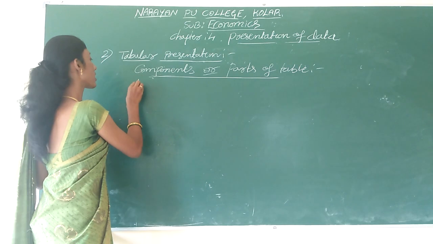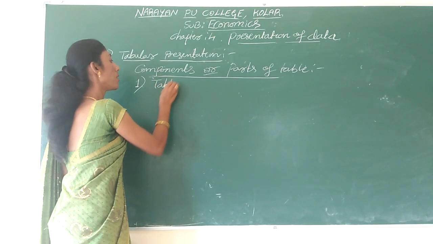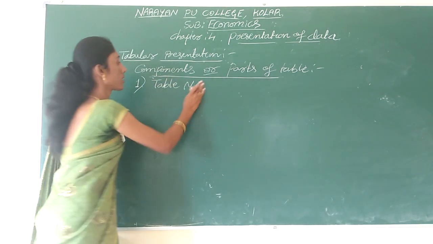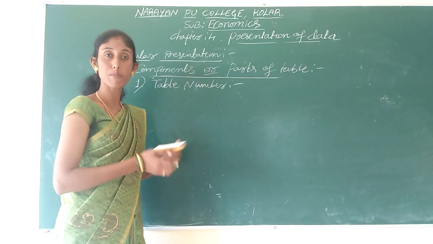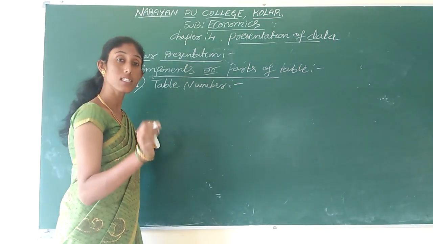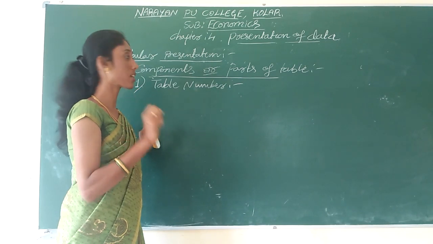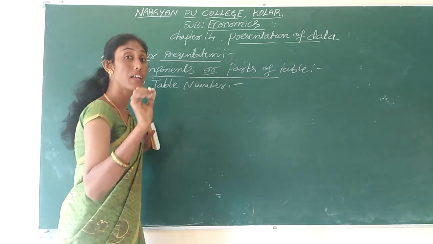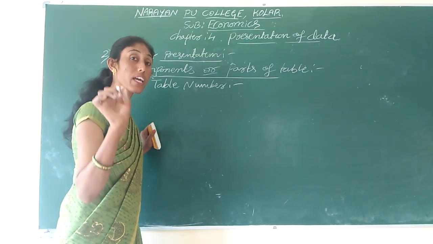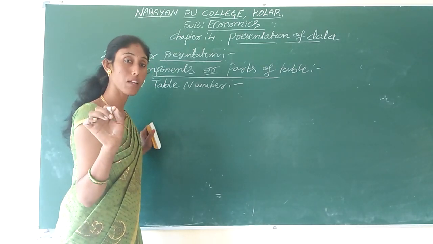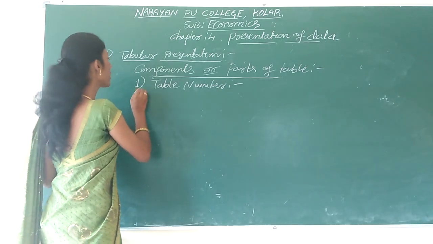First and foremost, the most important component of a table is the table number. Here we will have multiple tables in a particular presentation, but for easy and clear identification, first we need to mention the table number on the top of a table. Why do we need to give a table number? For the easy identification of the table. Got it? And second one is